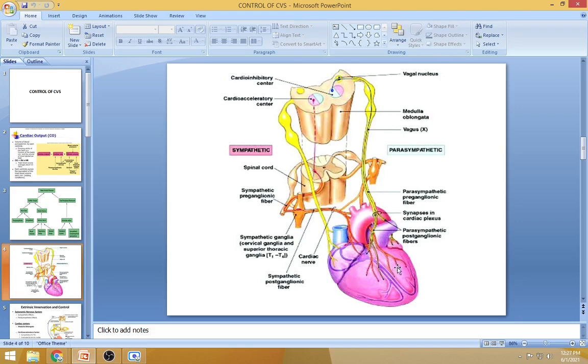There would be an increased heart rate, resulting in increased cardiac output and increased arterial blood pressure. Clear? Now this has to be there in your mind. Okay, clear? So this is how this medullary cardiac control system,